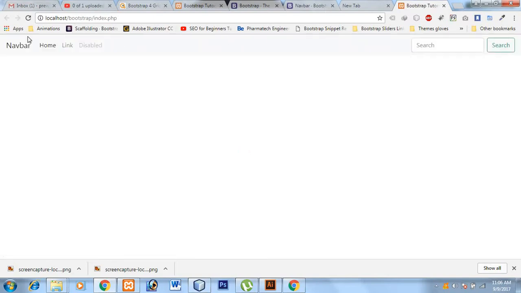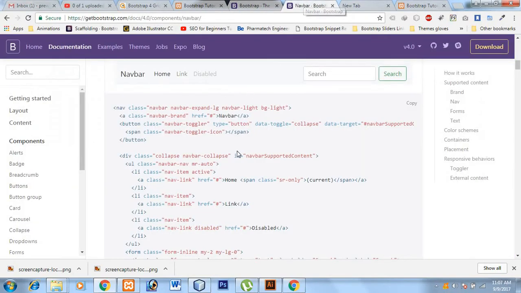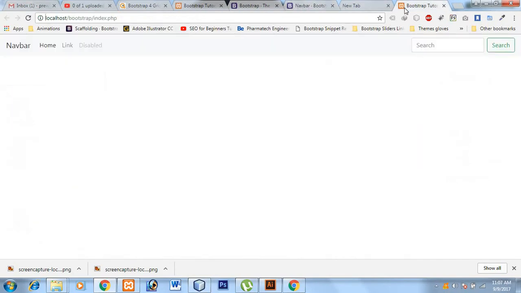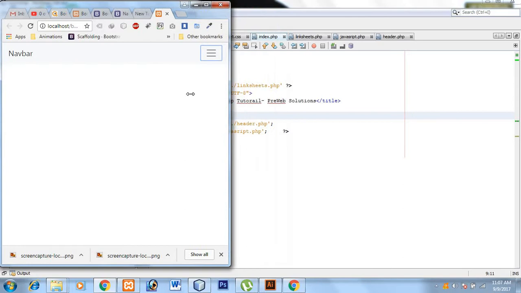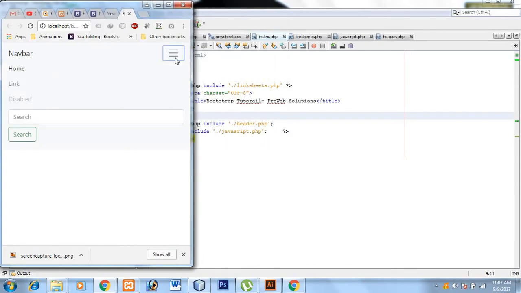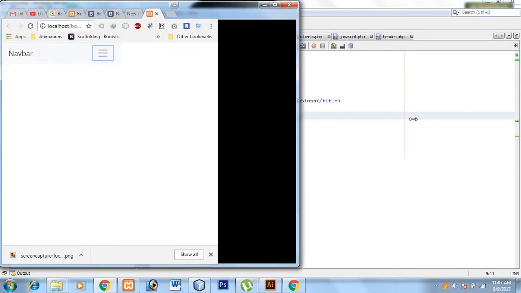So here is our Navbar, which you have seen over here. Okay, so just check whether it is responsive or not. Oh, it's responsive, that's good, it's totally responsive. Okay guys,